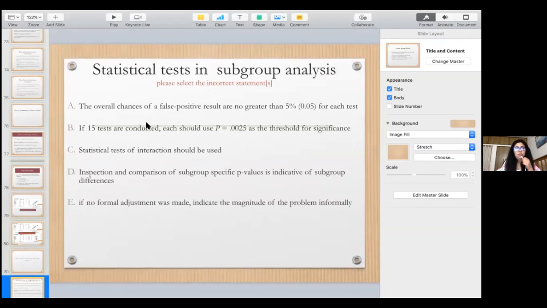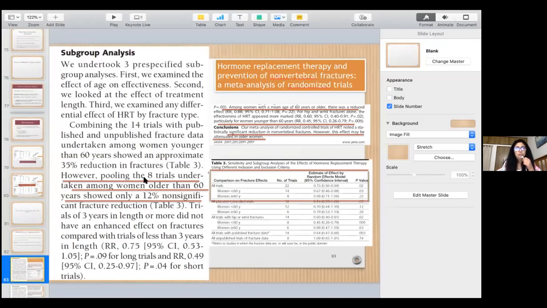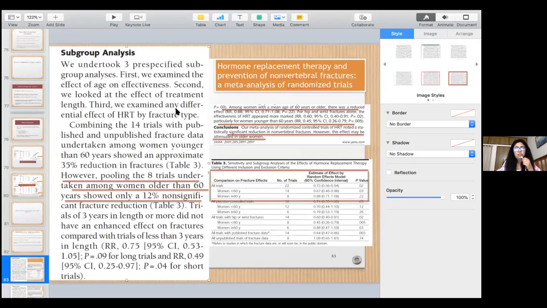We already discussed the Bonferroni test earlier, and the other is the test of interaction, which we should look for. This example, I think, will make it more clear. So if you see here, they did hormone replacement therapy for prevention of fractures, and they did a meta-analysis, and for all trials, they found the effect estimate to be